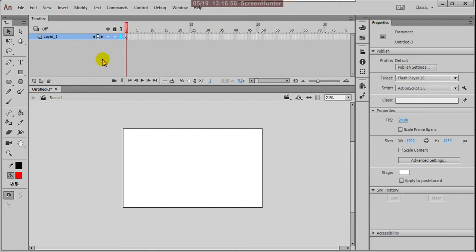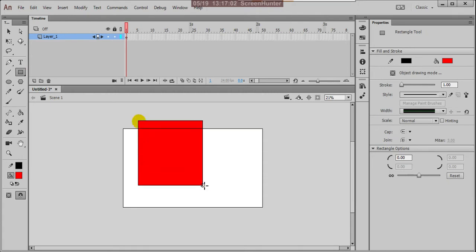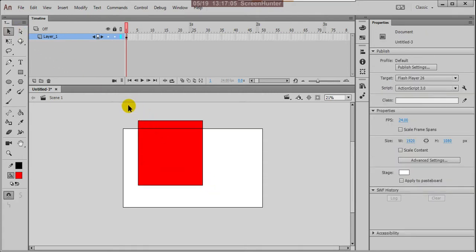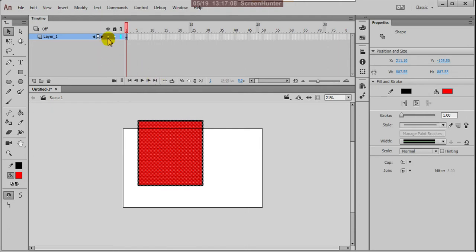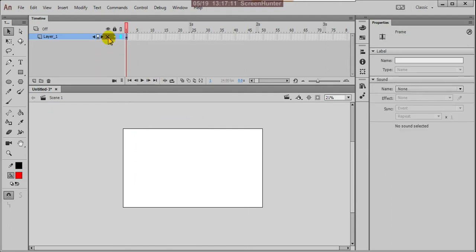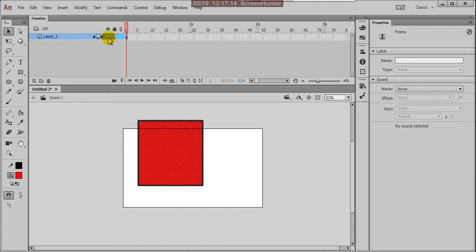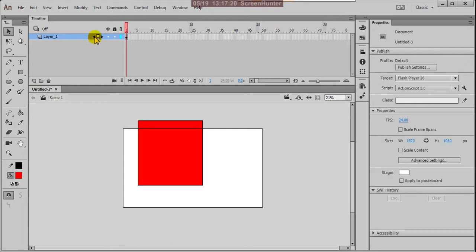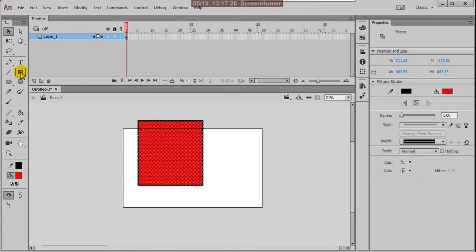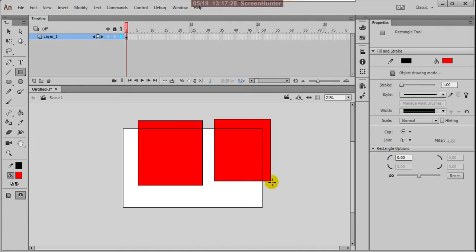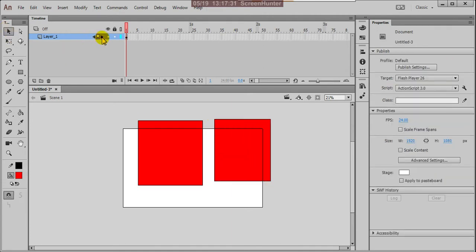If you see here, there is an eye symbol. What does the eye symbol mean? The visibility of the object. It is there in Illustrator and Photoshop also. Here there is the arrow mark, you can click on that.